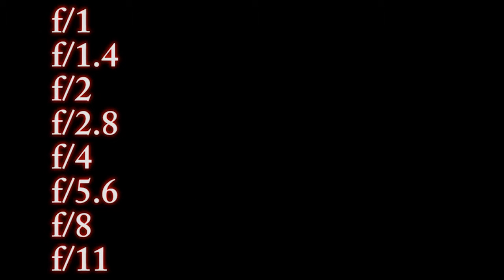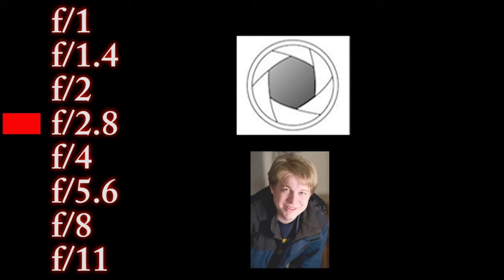Changes in f-stop progress according to a scale. Every time the f-stop goes up or down by a multiple of 1.4, you gain or lose a stop. Fortunately, no math is required. Fortunately, there's a standard progression. It looks like this. Every time the aperture moves up or down this chart by 1, you're gaining or losing